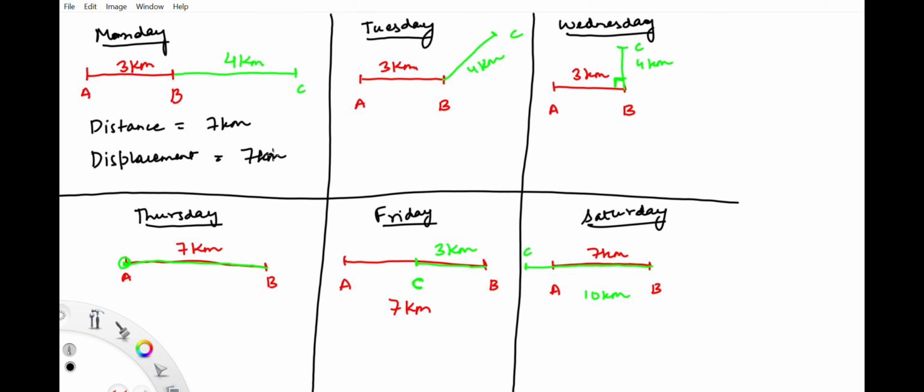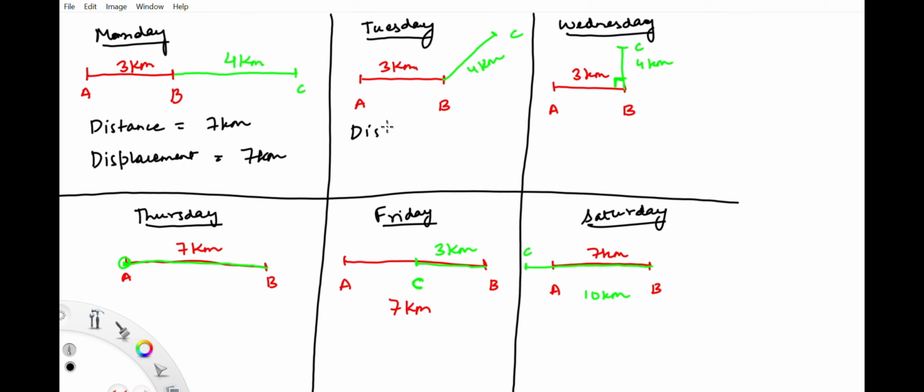It is also 7 kilometers, because there is no other path over here. The object is moving in a straight line. The person who is learning to drive is driving along a straight line, right? So the distance and the displacement in this case become equal. You can make a note of this, that if an object moves along a straight line, then the distance and displacement will be same. Talking about Tuesday, again, if I add up the paths AB and BC, I get the